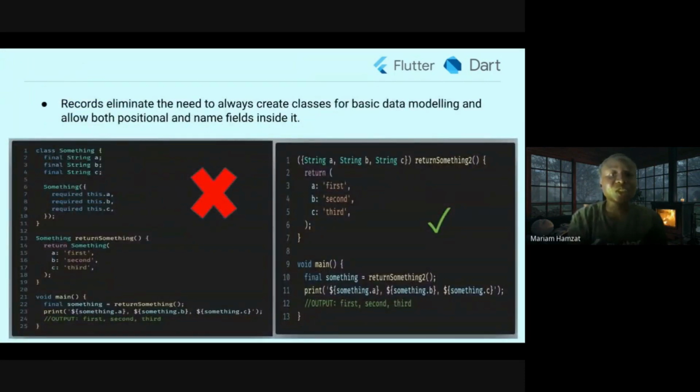Records eliminate the need to always create classes for basic data modeling and allow both positional and named fields inside it. I think record is actually one very good feature that the team added to that programming language, because now that allows multiple paradigms. That is, you can write both imperative and functional methods in the Dart programming language. It is just very sweet that it allows